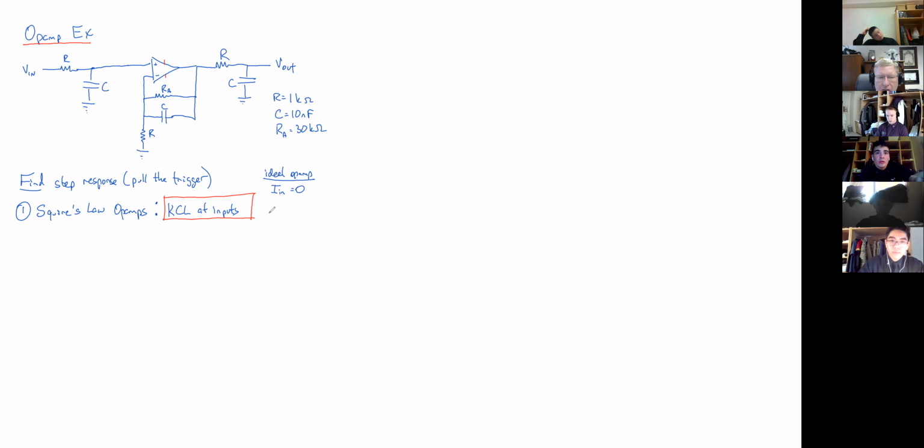The voltage at the positive and negative terminal are the same. That's it. The V inverting and the V non-inverting are the same if and only if one condition is true, and that is,